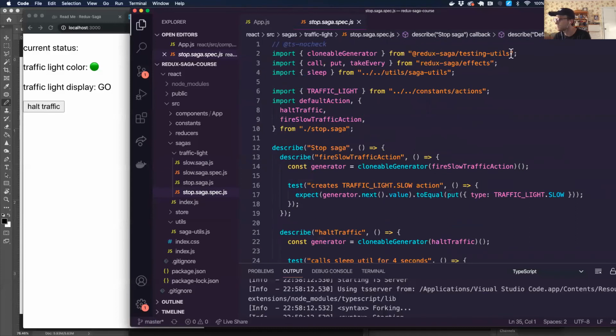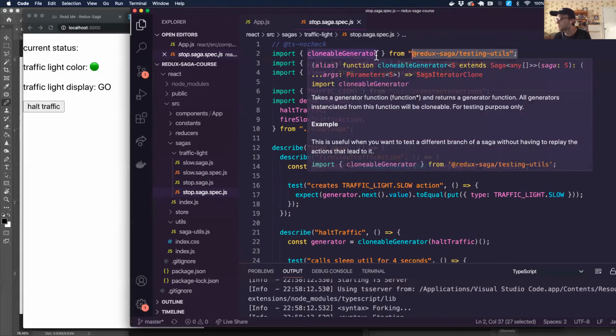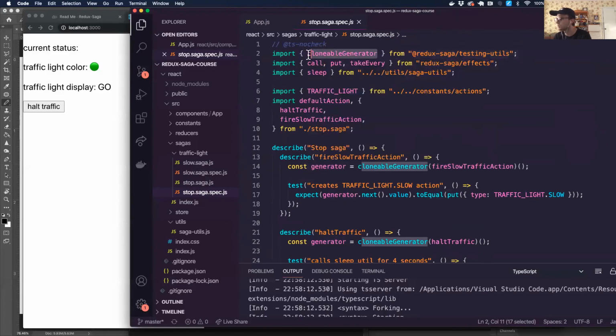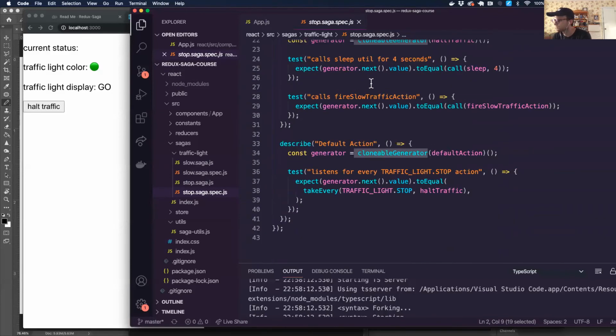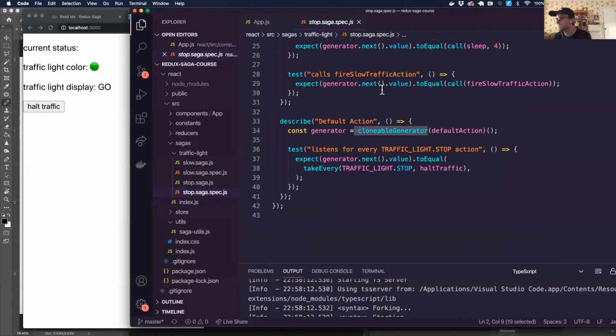Check it out at the very top here, this first import, Redux Saga testing utils. I'm going to extract something called cloneable generator from my testing utils library. This is a third-party library. You do have to import this, and then it sits in your node modules. So I'm going to extract something called cloneable generator, which gives us a testable mock of the generator that we're